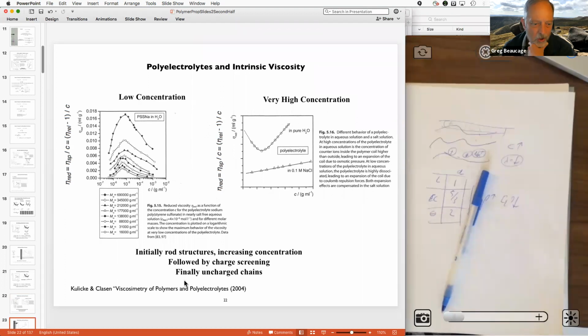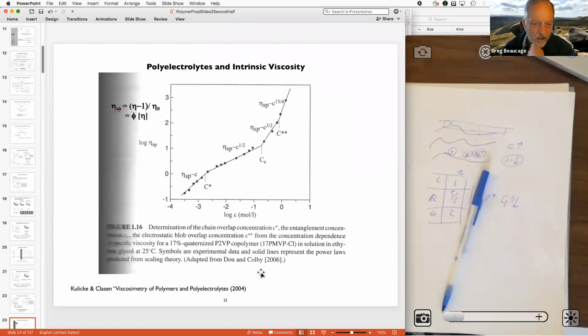This is from Colby, right? The guy that wrote the polymer physics book that's on the webpage. This was in the quiz, right? So basically this is for polyelectrolytes. This shows you can have, once you get to the C double star, you screen the charges, it becomes the